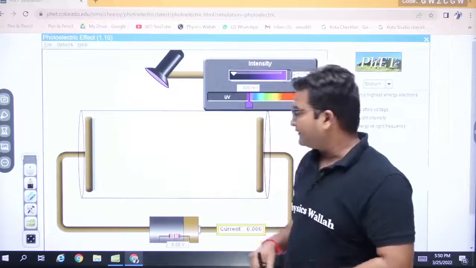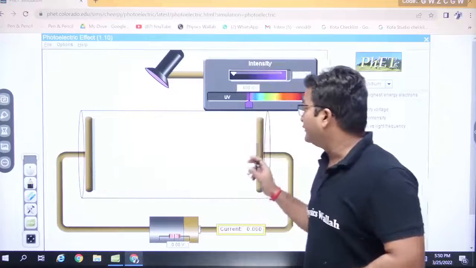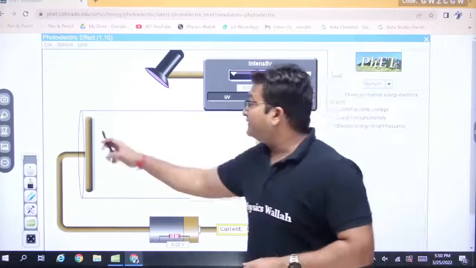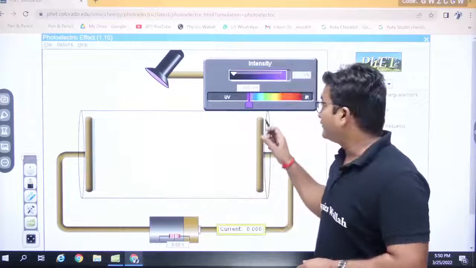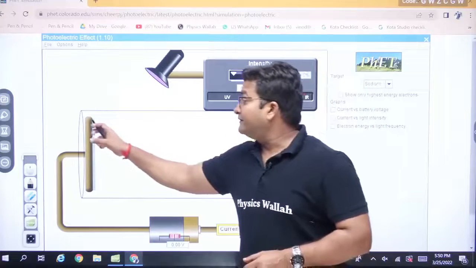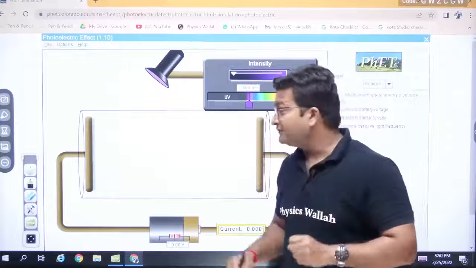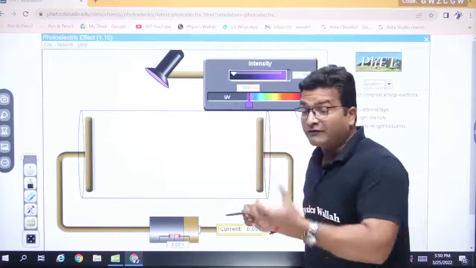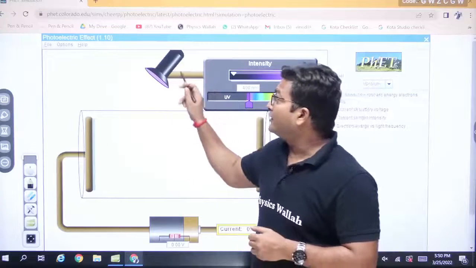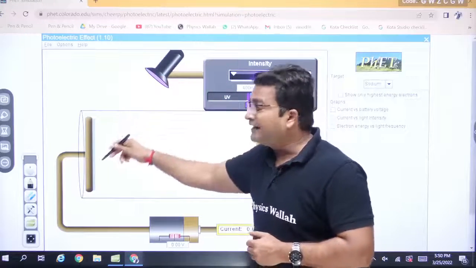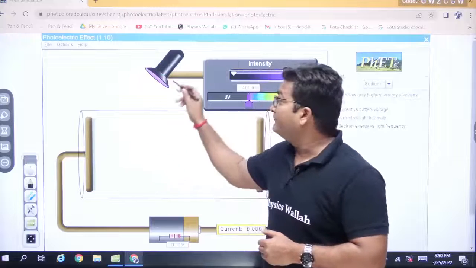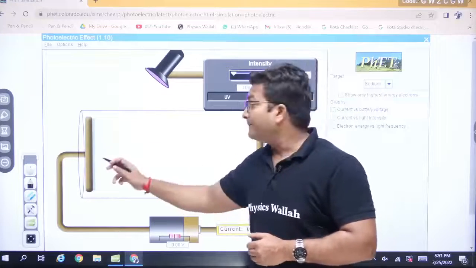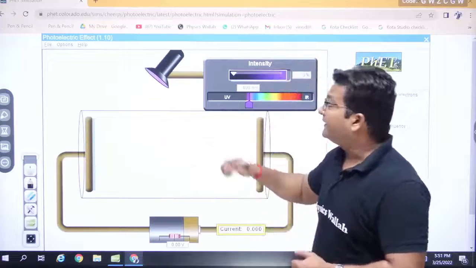The voltage across these two electrodes is actually set initially to be 0, and this is called the cathode and this is called the anode. These two electrodes are made of metals. This is actually the electron emitter and this is the electron grabber. This is the torch from where we send light on this cathode, and when we send light, the electrons come out of the cathode and move inside this medium.